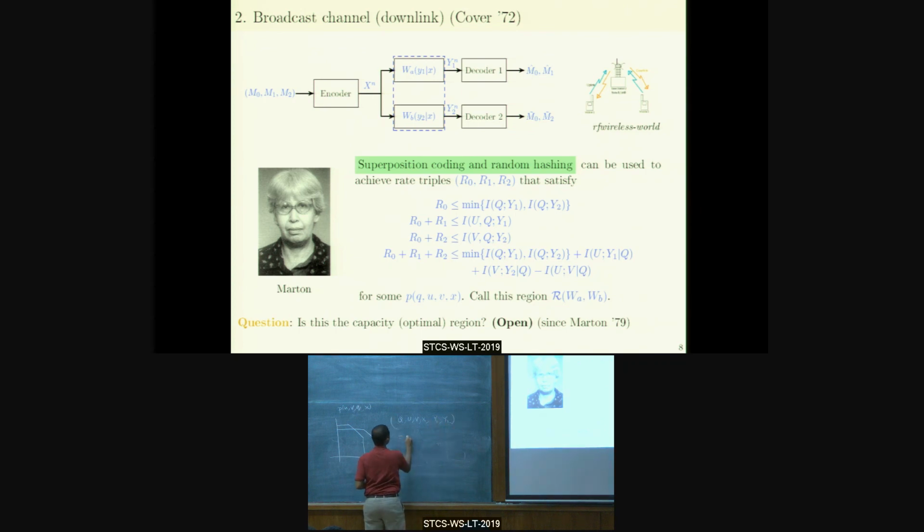It is equal to P of Q, U, V, X times the channel W_A of Y1 given X and W_B of Y2 given X. So given X, these form a Markov chain. So this gives